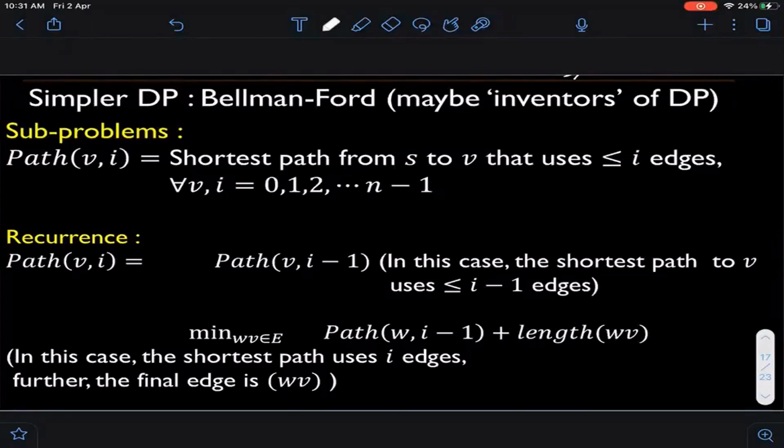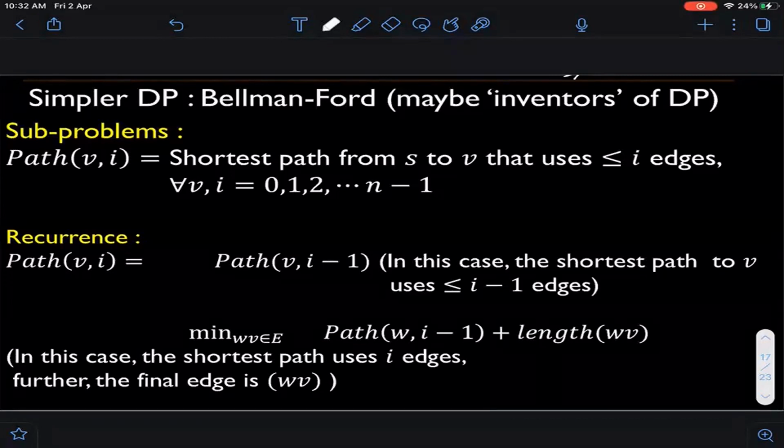Okay, so good morning. Let's start by recapping what we had started last time. We were talking about the Bellman-Ford algorithm. And remember, we wanted to talk about this algorithm because it is used to compute the single source shortest path from a source vertex S to all the other vertices in the graph which are reachable from S.